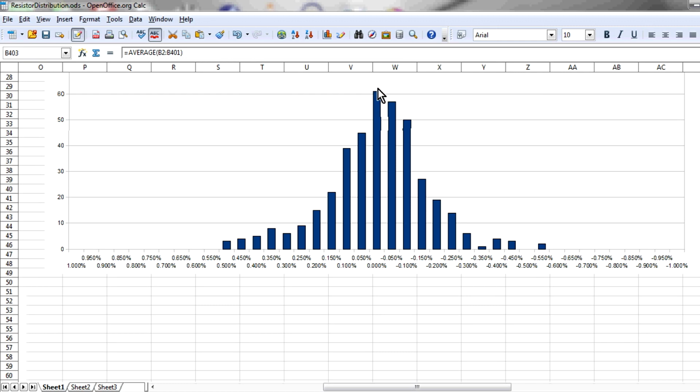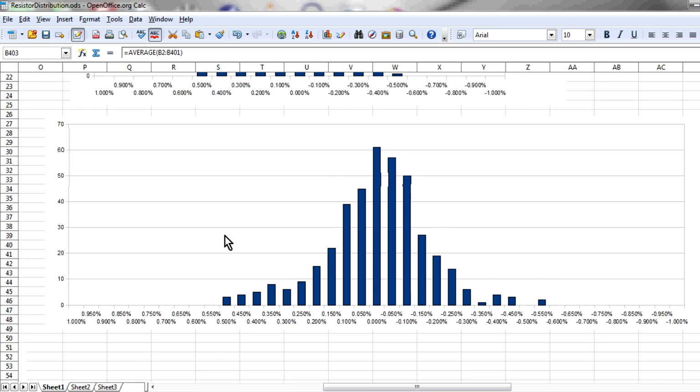But I'm very impressed and not really surprised that the manufacturing tolerance for these good quality Philips resistors are actually right on that 0%. Now, the really interesting thing though is that, as we've said before, it sort of peters out at 0.5 plus minus 0.5%, not the plus minus 1%, which we were expecting. So this kind of, well, it doesn't really bust the myth, but it does in this case, for this particular batch from Philips, the metal film resistors, at this particular time manufactured in this factory, they clearly weren't targeting,